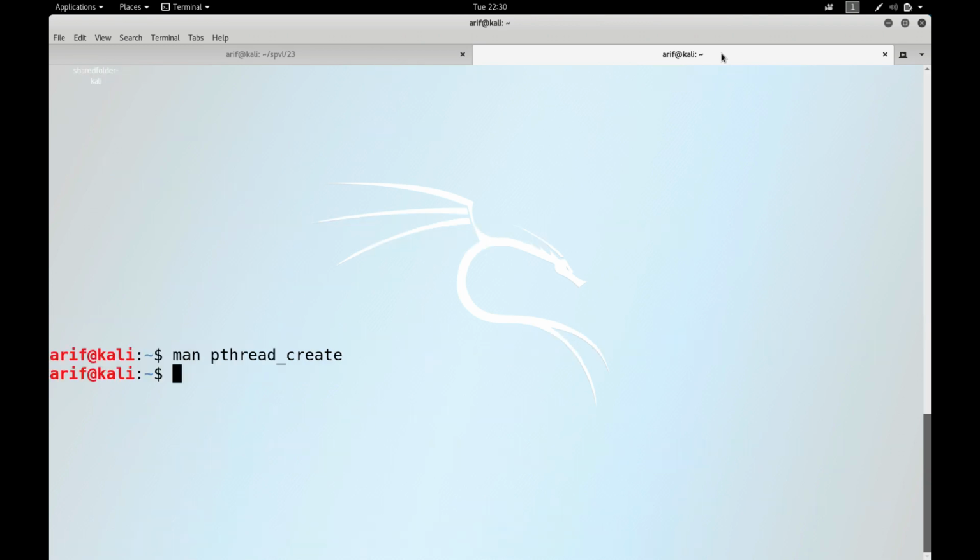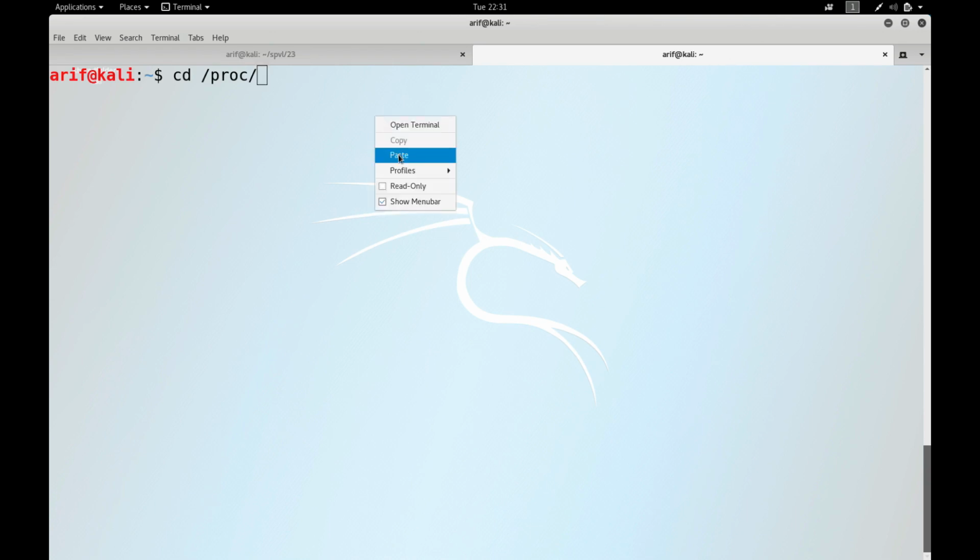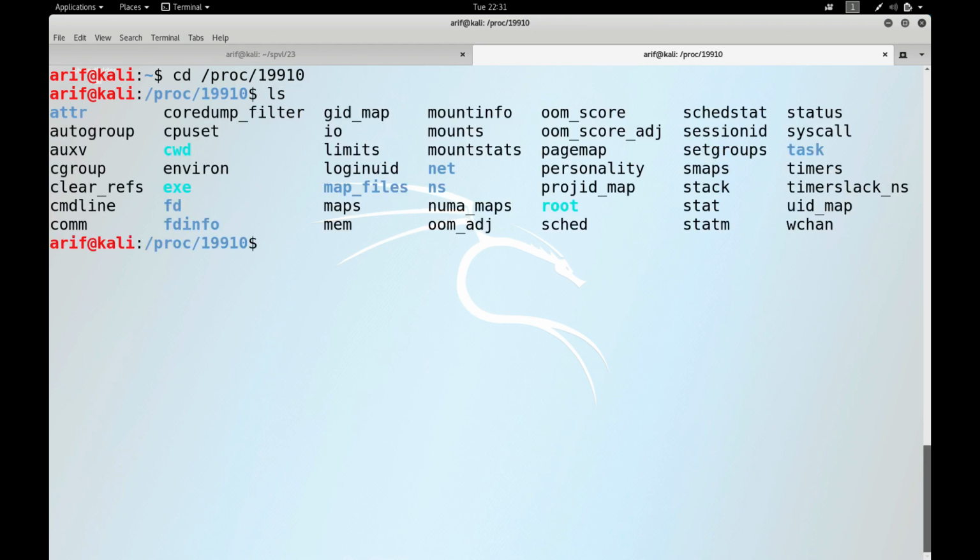Let me cd to proc, and inside proc let me cd to this directory. Well, over here you can see this task directory. Probably I have talked about this in some previous session as well. Let me ls this directory task, and you see over here we have further three